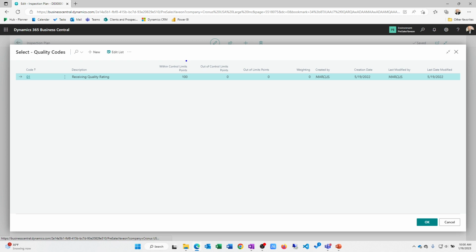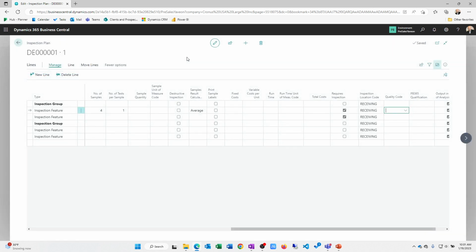So did I fall inside control limits or outside of control limits? What sort of point values do I want to assign to the delivery rating? So you can set up really any type of quality evaluation you wanted. They could be numeric, it could be a Boolean value, it could be a list value. But if the vendor delivered as I expected, maybe I add points. If they didn't, I could subtract points. Okay, so integration with the quality system as part of the